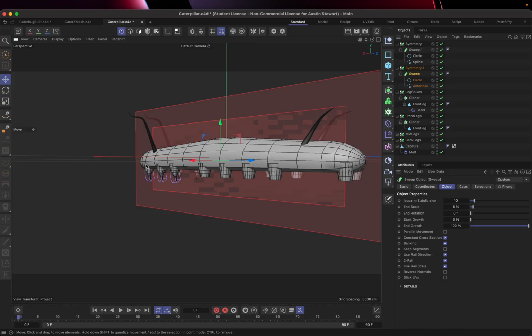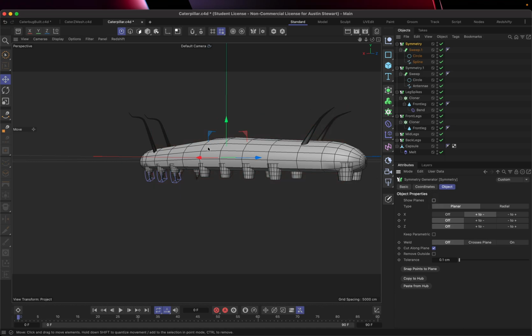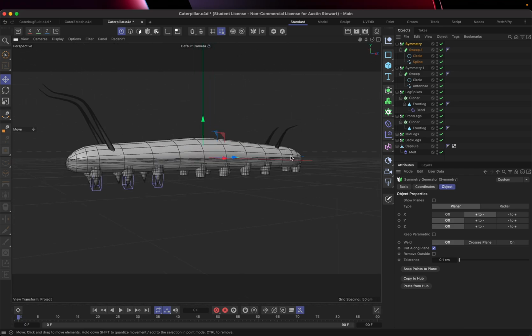Okay, we've finished all of our setup. The last little bit of housekeeping here is we just need to turn the planes off on these symmetries so they aren't annoying to see and look at. Okay, so we've got all of our objects. Now let's go ahead and close all of these